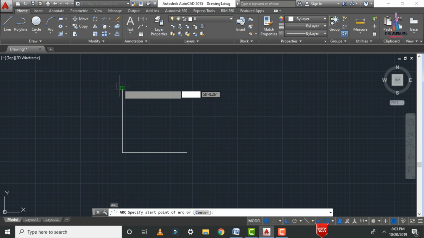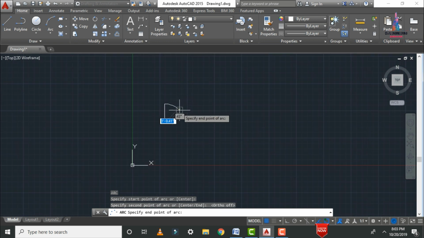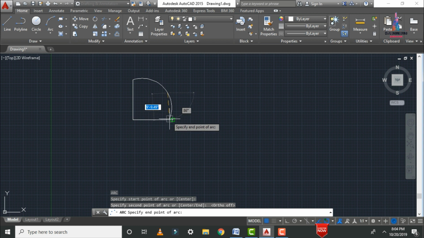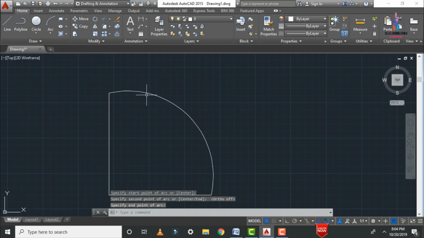It will ask you to select the starting point. Basically, an arc can be drawn with the help of three methods related to the center, starting point, ending point: 2-point arc, 3-point arc, and again it will be selected as per the angle section. Initially I will explain the 3-point arc. Select the first starting point. It will ask you to select the second point. Let us consider the second point here. Again it will ask you to select the third point. Let us consider this. Okay, this is the arc which is drawn with the help of the 3-point command.